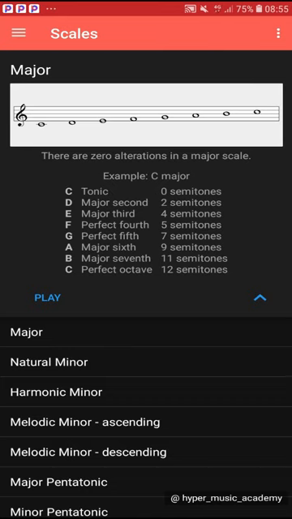Now the number of semitones that are within these intervals are the one listed right in front of it. C unison, 0 semitones. All right, from C to D you have 2 semitones. From C to major third, which is E, you have 4 semitones. From C to F you have 5 semitones. From C to G perfect fifth you have 7 semitones. From C to A major sixth you have 9 semitones. From C to B major seventh you have 11 semitones. From C to C you have 12 semitones. All right,